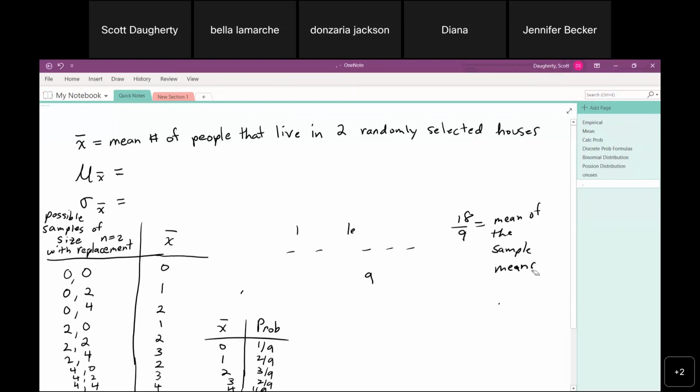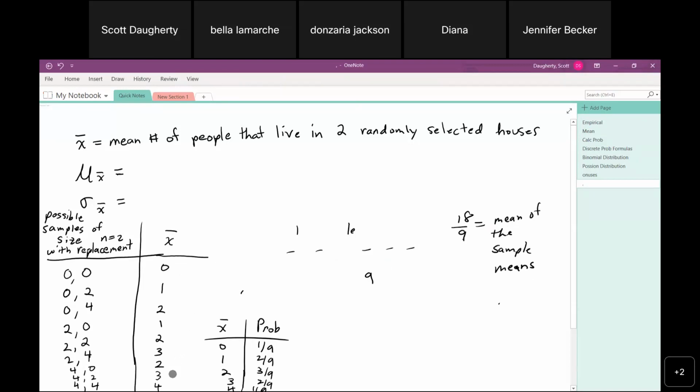We don't want to keep writing this math. We don't like to write out these huge sentences. We like to come up with symbols for this so we don't have to keep writing down all these words. So the way we're going to notate this, the mean of the sample means, is